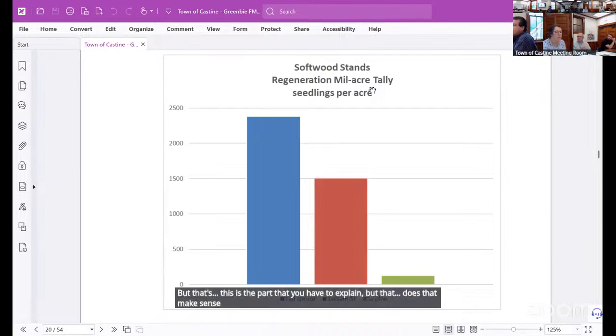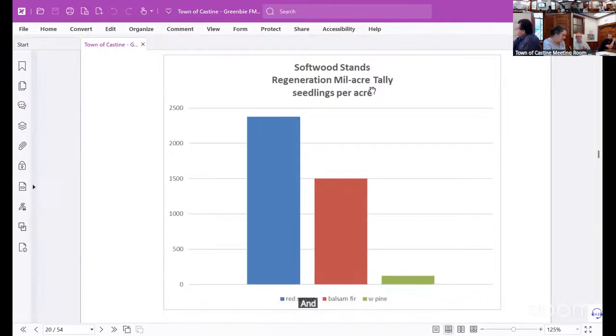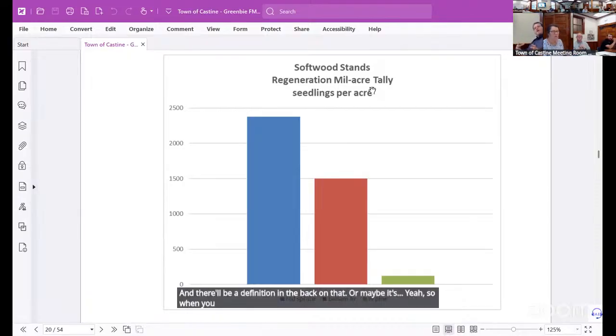What does milacre mean? A milacre is 1/1000th of an acre. And there'll be a definition in the back on that, or maybe a footnote. So when you look at these little smaller areas,